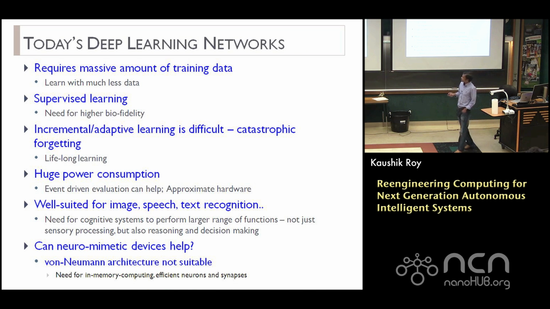And as I mentioned earlier, today's deep learning networks are certainly doing really, really well, but there are several kinds of problems. So what are the problems? For the kind of architecture or algorithms that we're talking about, and the brain does it too, there's a need for learning, right? If I have to recognize people, I have to see those people, learn their features, and be able to recognize folks, right? So there's a need for learning, and in order to learn, it turns out today you require a massive amount of training data.